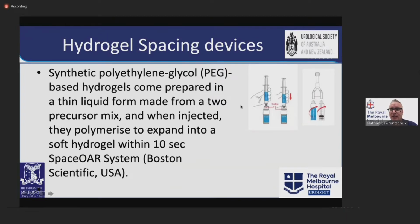Secondly, when the gel, as you know, is prepared in two different colors, the blue and the clear, and is mixed up usually by the operating theatre nurse, it comes together, and obviously you need the two components to join for it to expand and for the polymer to link. Now, it's crucial when this is being undertaken that it's prepared appropriately. There are nice videos on YouTube how to do this. There are very good instructions with the device. It's important that both agents are not, however, mixed in this Y connector device too much prematurely, because it will obviously, just like super glue, set, and that can be an issue when you're starting out. And that's important. I'll come to the next point